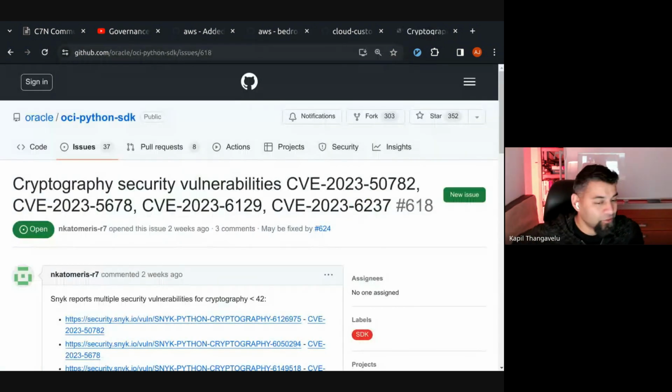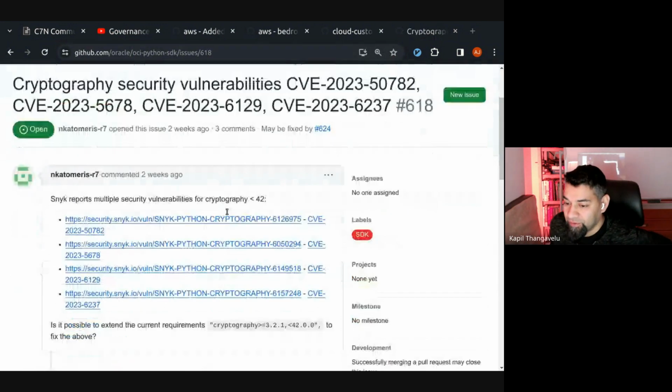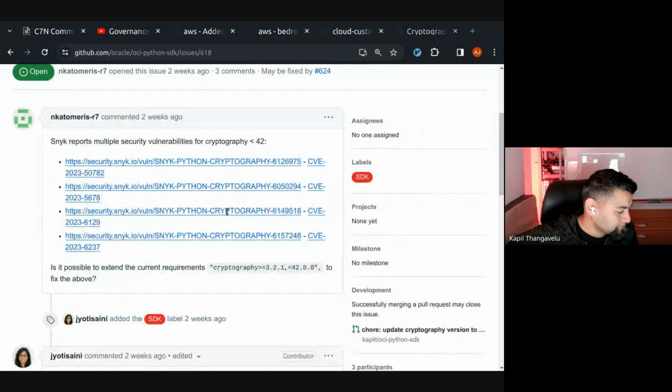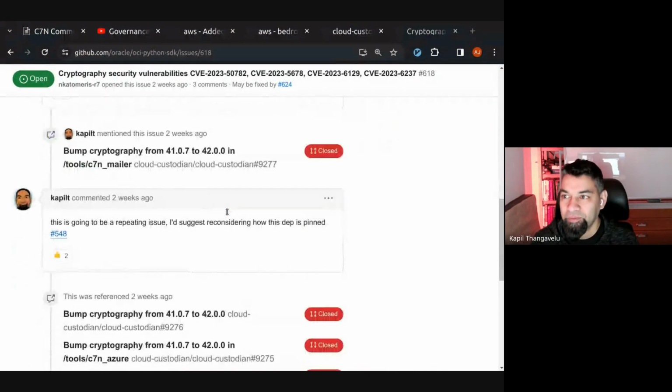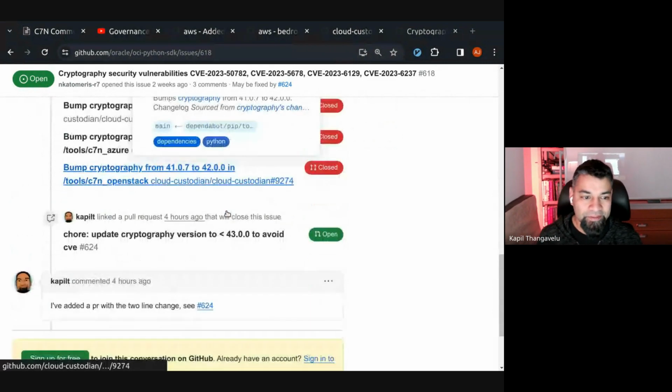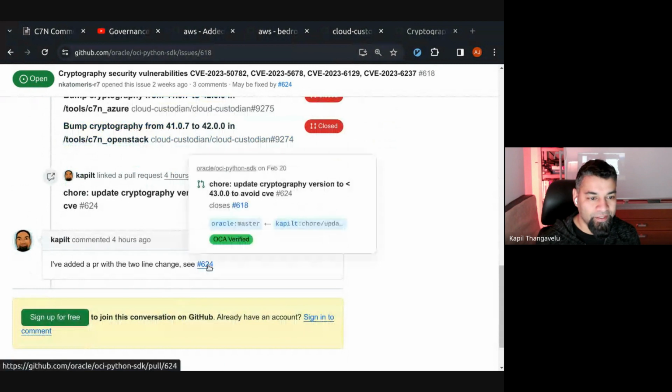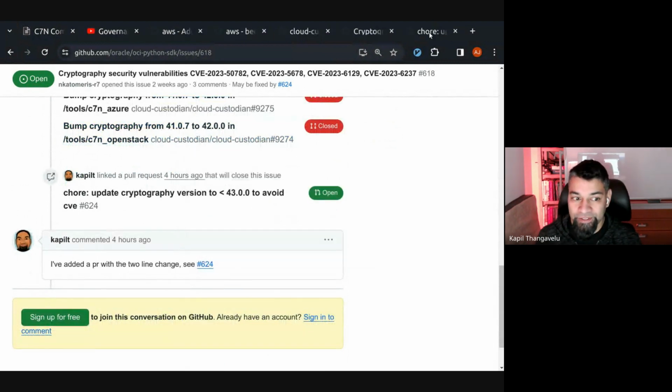So this is currently blocking our ability to update cryptography, which the automated updaters keep dropping pull requests into our repo for, but we can't do it till that gets addressed by OCI.